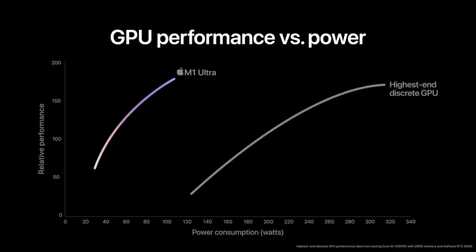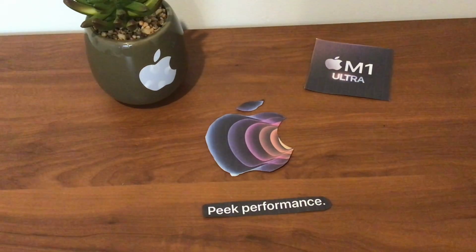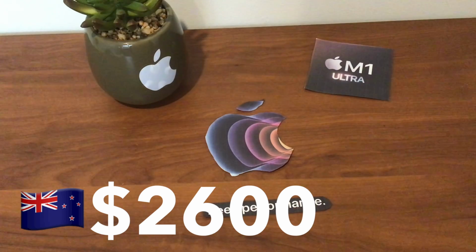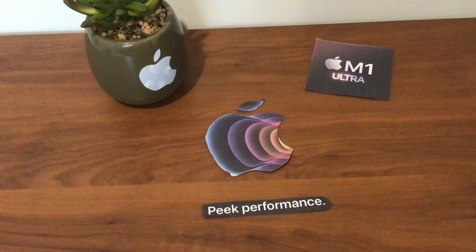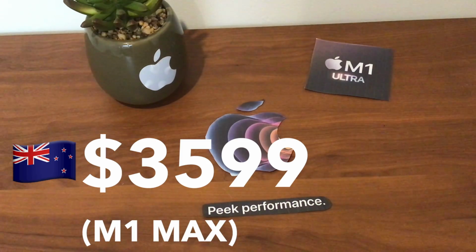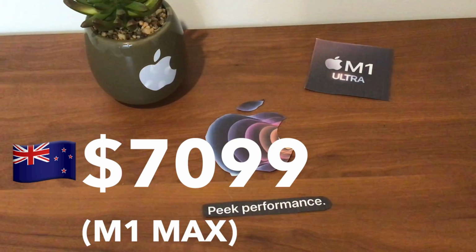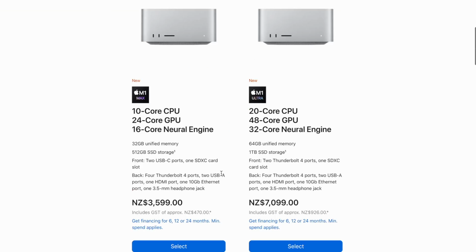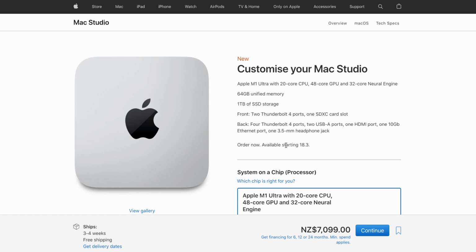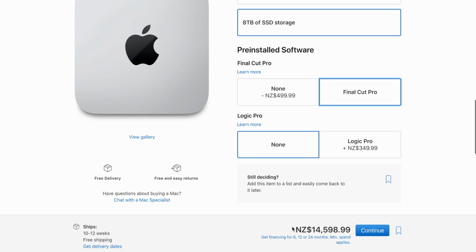These machines are tempting for some tech reviewers, but for me, a MacBook Air with 16 gigs of RAM and an M1 chip was a splurge at 2,600 New Zealand dollars, so I definitely can't afford even the base model with the M1 Max chip in, which starts at 3,599 New Zealand dollars. But if you want the M1 Ultra chip, that starts at 7,099 New Zealand dollars. If you spec that up to a 64-core GPU, 128 gigs memory, 8 terabytes of SSD storage, and then for me Final Cut Pro to edit videos, you'll be looking at